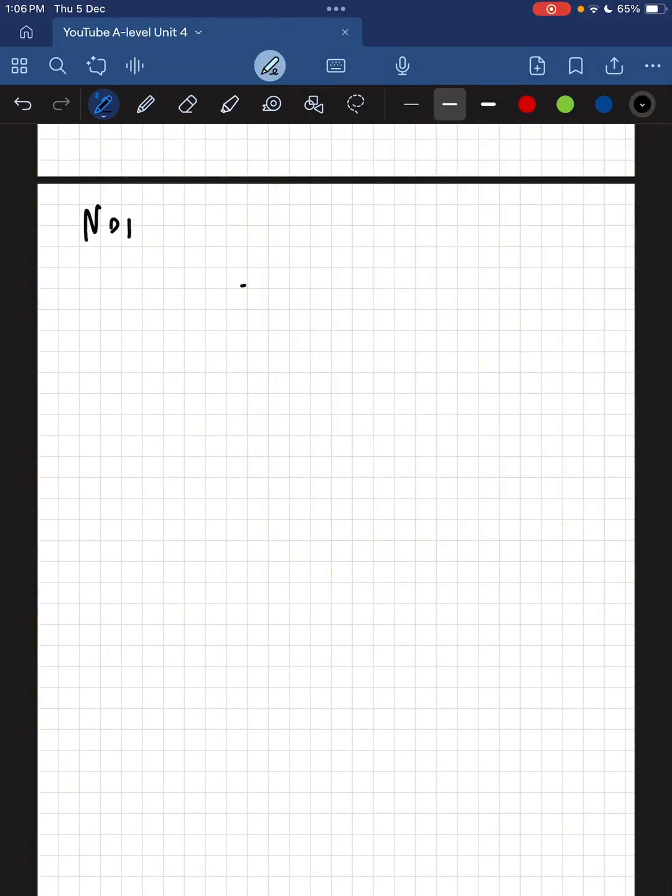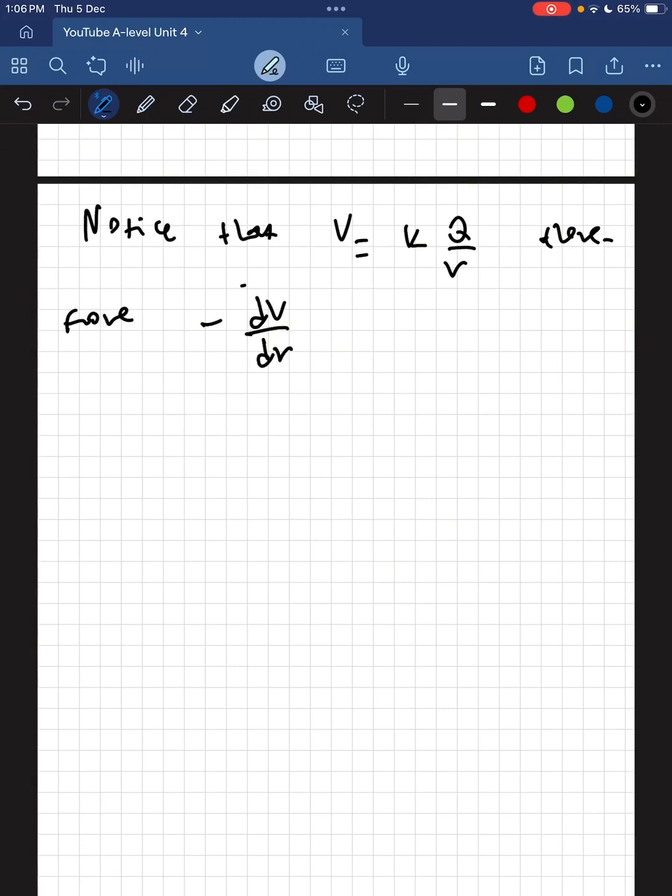So notice that V is KQ over R, therefore if we take minus dV, the first derivative of V with respect to R, we're going to find KQ over R squared, which is the electric field. This is no coincidence. So another definition for E can also be defined